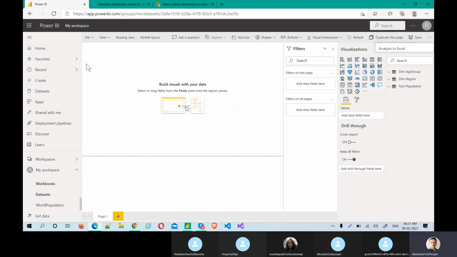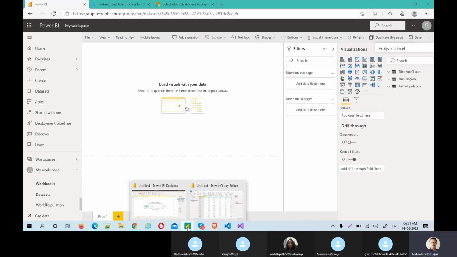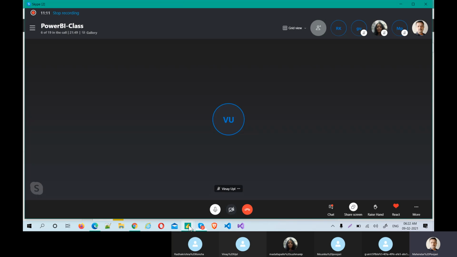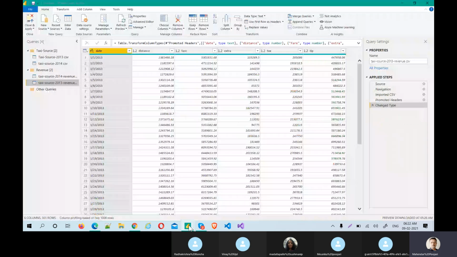Those two things are not there. That is the difference. You can tell them that, and you don't have the option to go to query editor. If you compare the desktop ribbon, those options are actually missing. You should be very careful. One second, what happened? Let me close this.